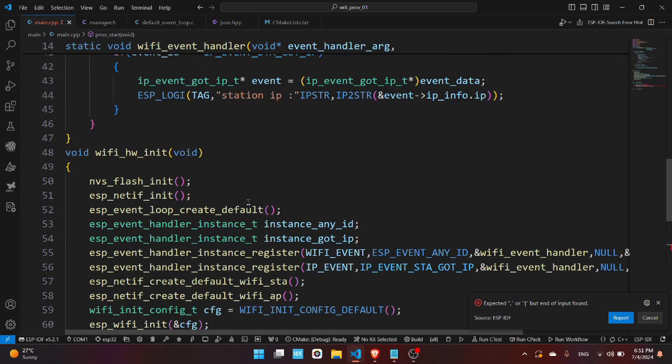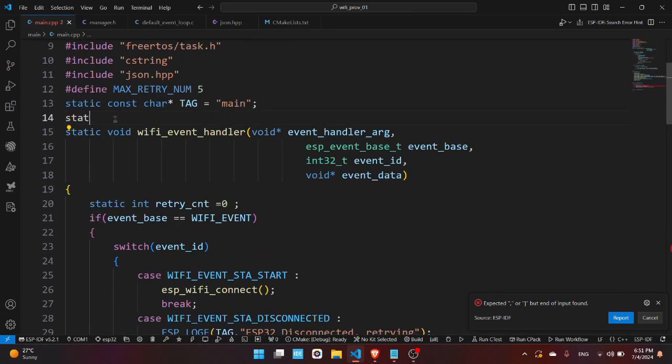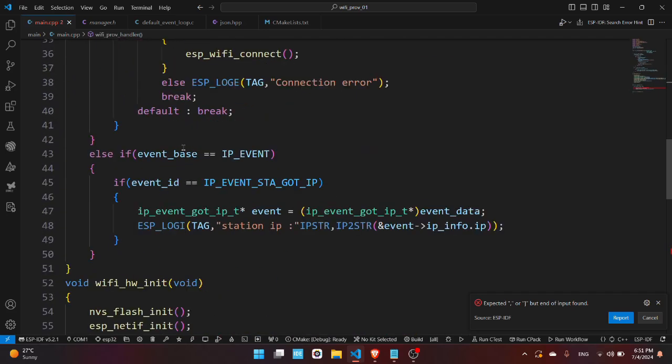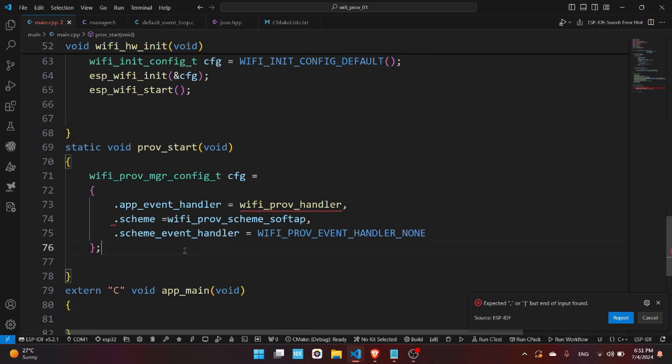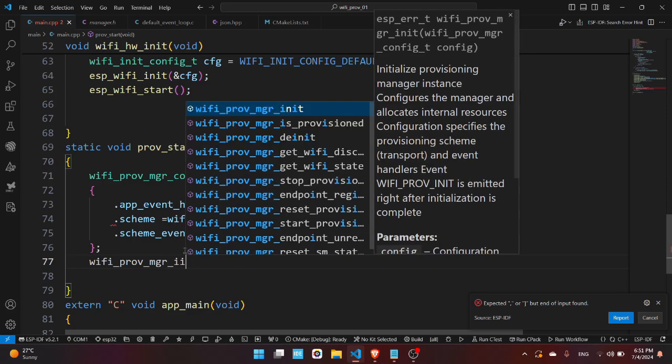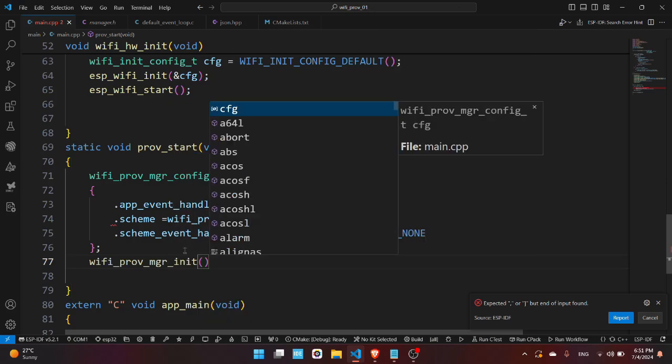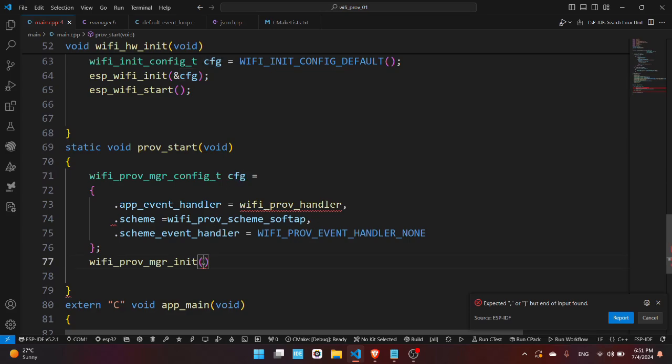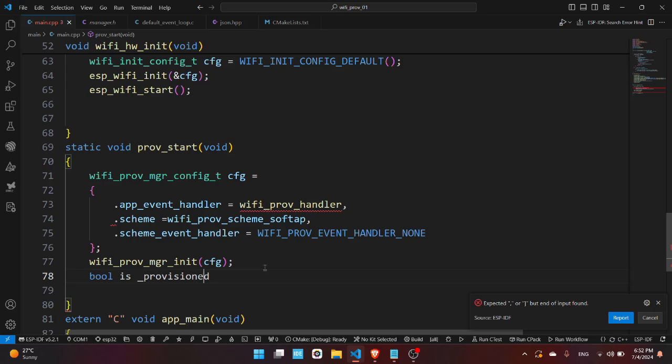Now also declare the provisioning handler. We will leave it like this. Now we will initialize the provisioning manager, init according to config. Now there's a function that checks whether the ESP32 has been already provisioned or not, and returns false or true. So we will need a variable, bool is_provisioned, like this,